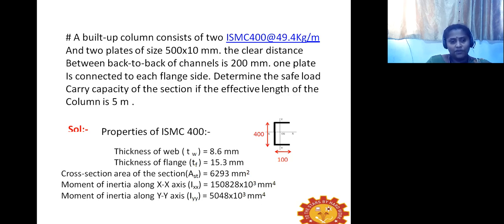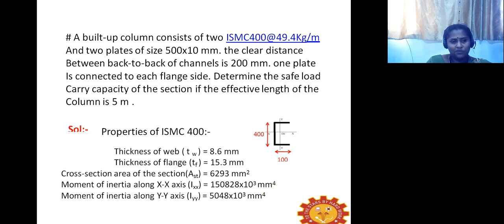So what is the problem given here? By seeing this, you can see the section sizes are given. So this kind of problem comes under the first category, the analytical type problem. We have two categories: one is the analytical type problem and the other is design. Since the section size and everything is given here, it comes under analytical type problems.